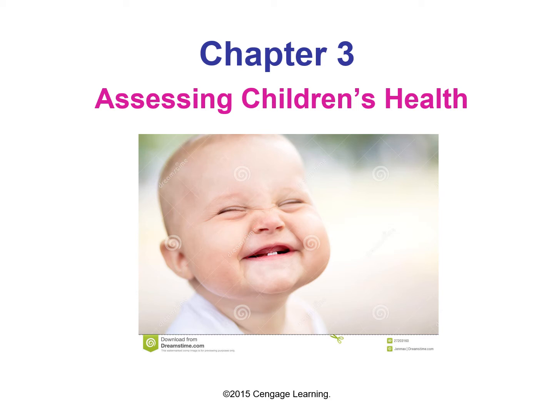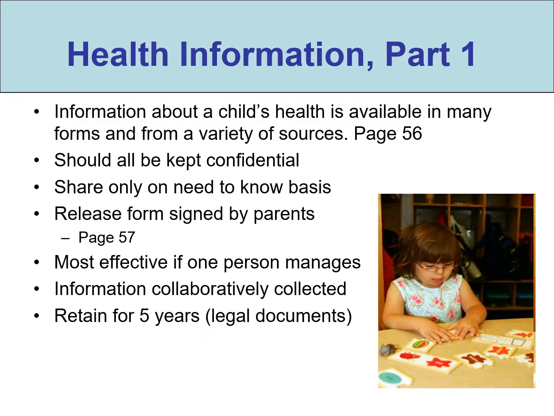Chapter 3, Assessing Children's Health. Information about a child's health is available in many forms and from a variety of sources. And on page 56, it lists some of those for you, such as immunization records, dental examination records, school-related injuries,